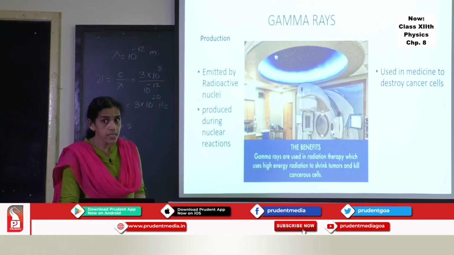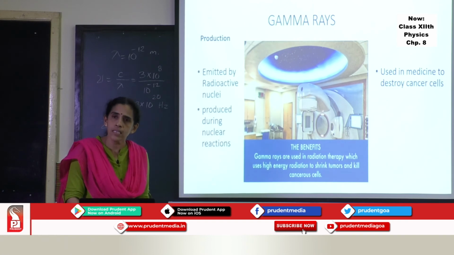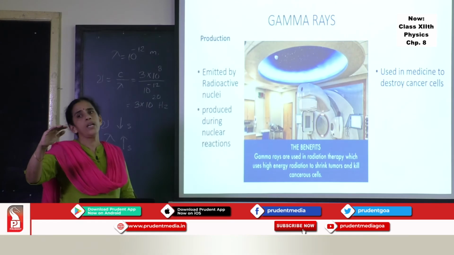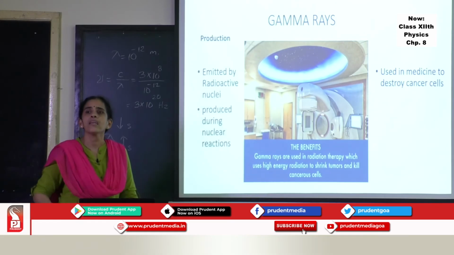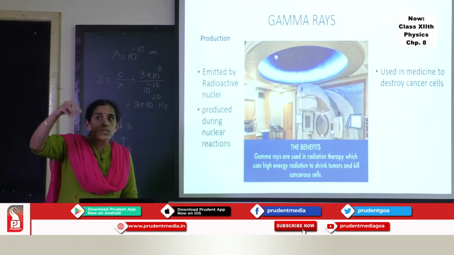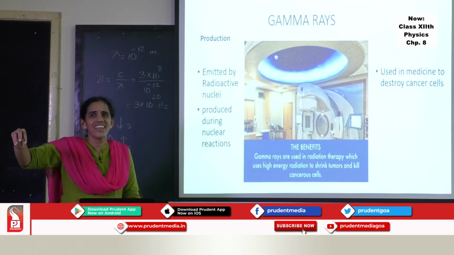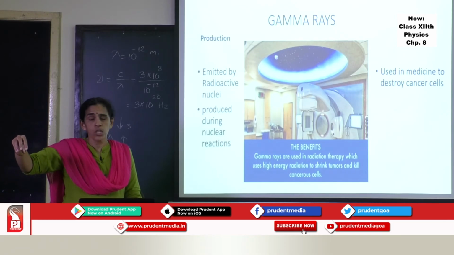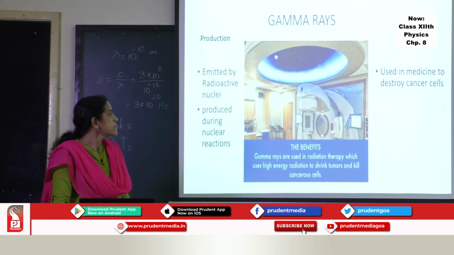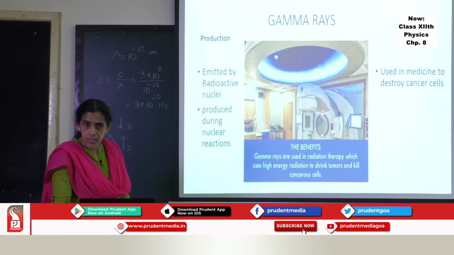It's very dangerous. Of course, X-rays and gamma rays are all blocked by the ozone layer. If they were coming, it would have been so dangerous to us. And now you must have heard about holes forming in the ozone layer. Therefore, we have to prevent the formation of holes in the ozone layer. That's the last member of the electromagnetic wave family.